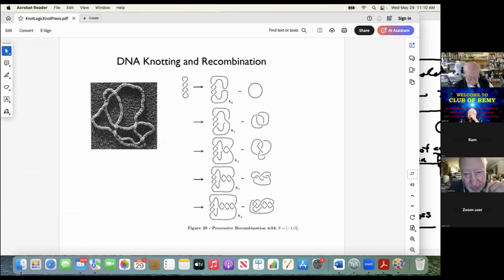And it's possible to set up experiments where there are markers on the DNA that will make it highly probable that it will undergo recombinations in these patterns, and then look at the photomicrographs. And they found for the type of molecule that they were using in the experiment, that it gave pictures that looked like these first four. And that's very good evidence that it must be twisting right, because if you had it twisting the other way, all these crossings would be switched and you'd have a different set of knots and links,